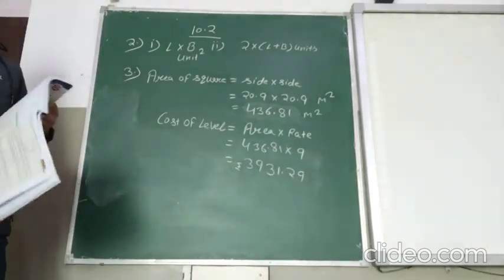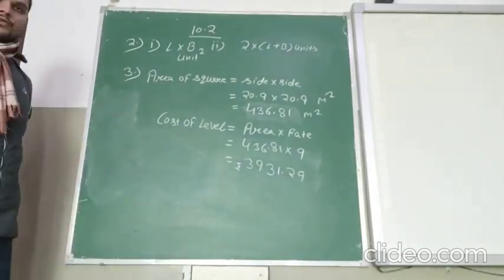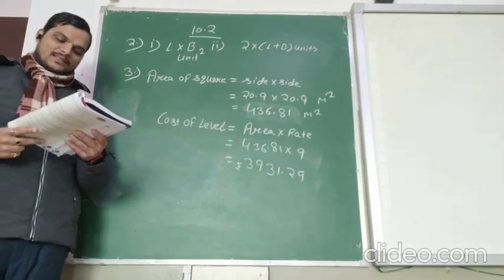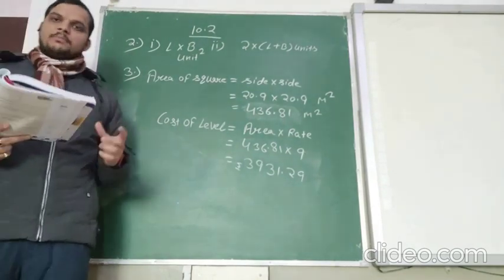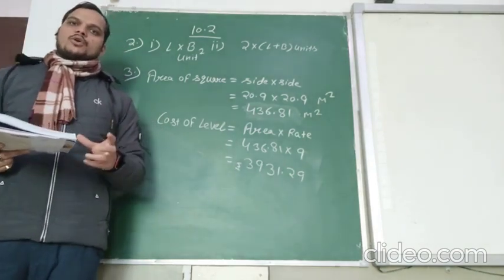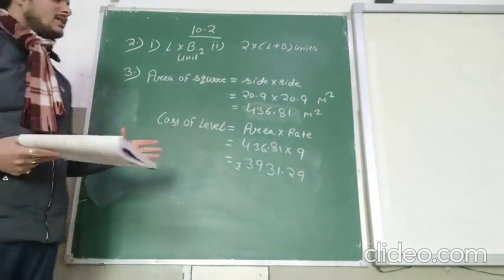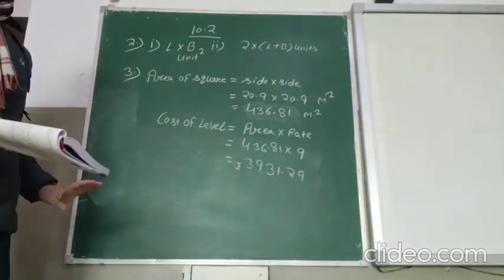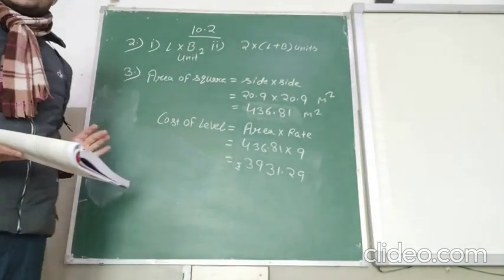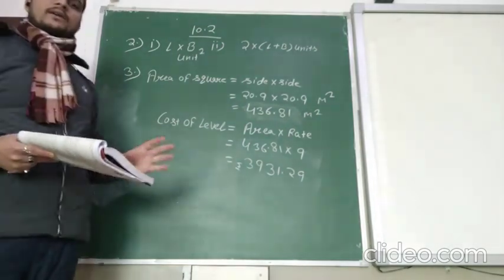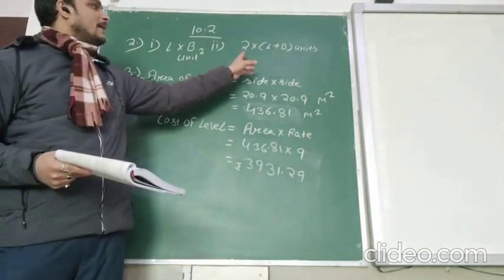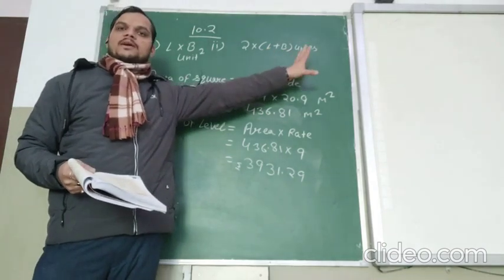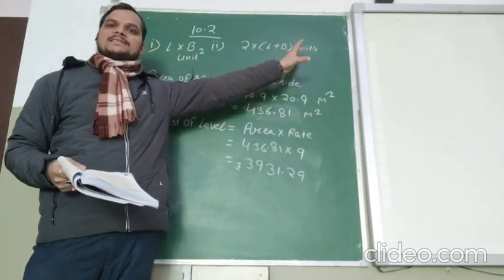So class 10.2 question number 2 first part, they have given length is L, that is B, and they want to know the area of a rectangle. The area of a rectangle is L into B unit square. जो भी आप यूनिट होती है स्क्वायर होती है एरिया की, मीटर सेंटीमीटर व्हाटएवर इज दिस. देन पेरीमीटर 2 into L plus B, जो भी यूनिट होगी सिंगल होगी, दैट मींस इज मीटर एंड सेंटीमीटर व्हाटएवर इज दिस.